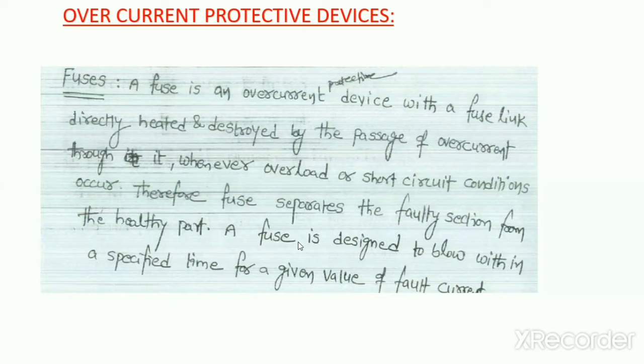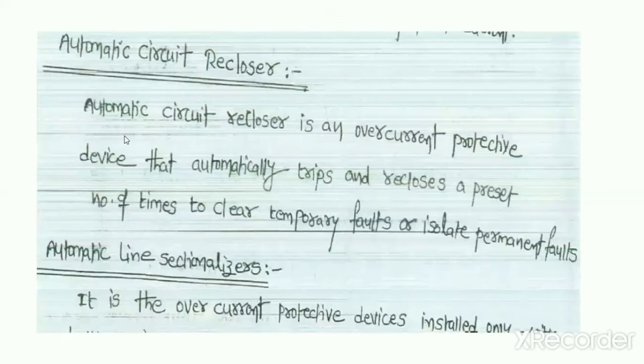If the fuse melts, there is a discontinuity of supply, and therefore the system is protected. The faulted equipment is removed from the healthy portion. That is the main use of a fuse. This is the first overcurrent protective device.